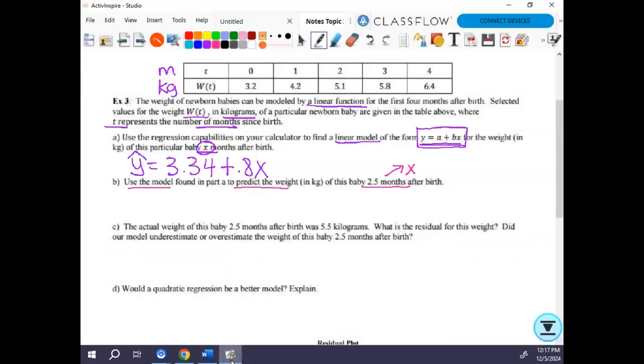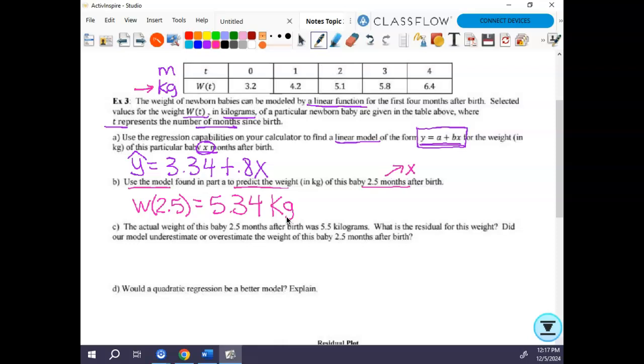So that means that basically it was w of 2.5 that it asked me for. That is 5.34 what? Kilograms. And I don't even have to think about it because I already had it labeled. I don't have to go dig through my equation or anything. Okay, we good with that? What questions do you have? Okay,